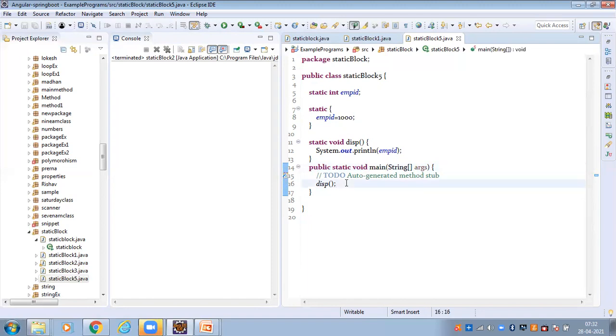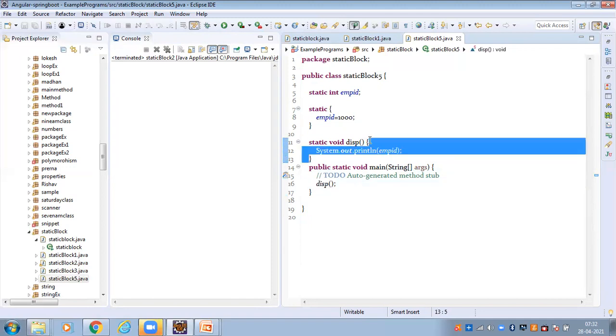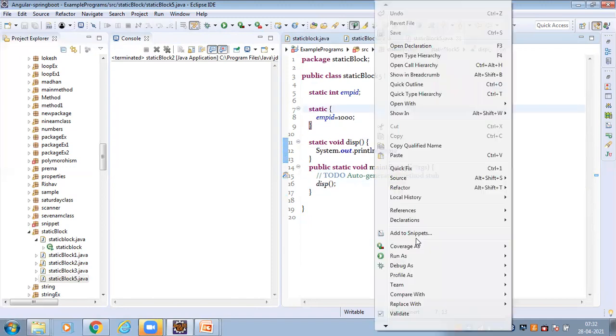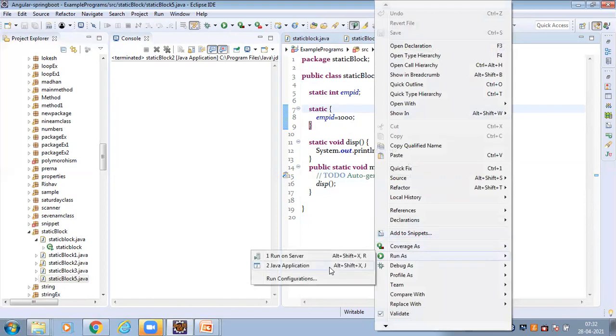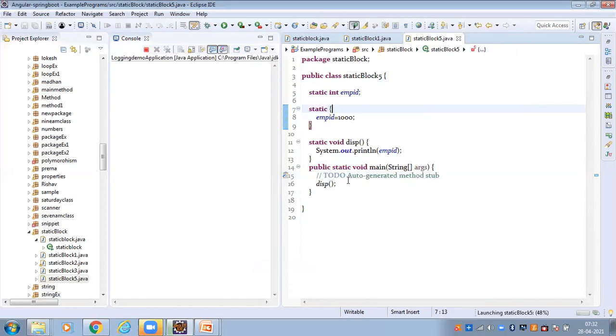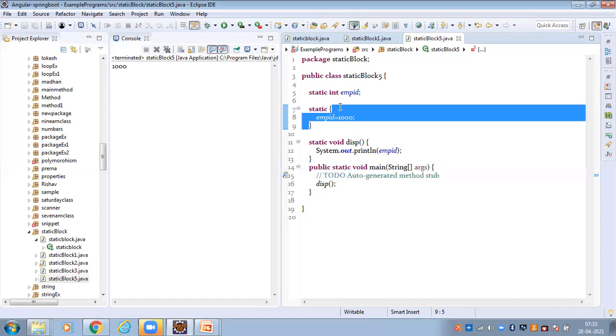Inside the main method, I call the display method. The display method prints the value. The value 1000 is printed here. So the static block is also used to initialize variables.